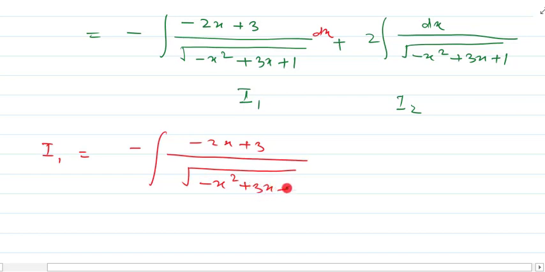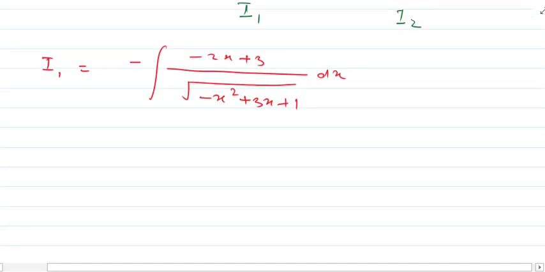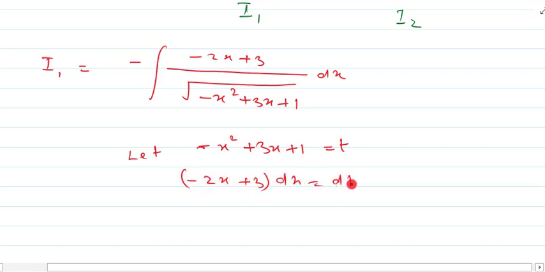You are intelligent enough and you can easily do this, that I know very well. So let us substitute minus x square plus 3x plus 1 as t. So minus 2x plus 3 dx is equal to dt, and therefore I1 is equal to dt